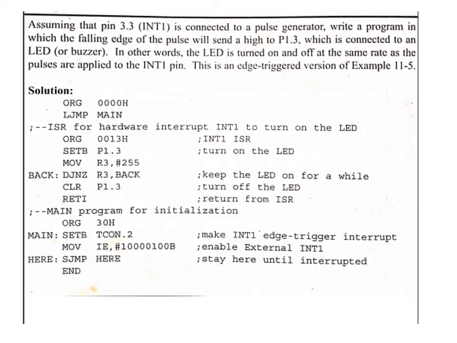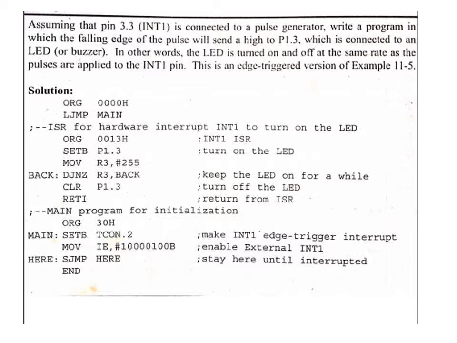So let us look into the program. The instructions are similar to the previous program. Let us see where it differs. Okay, ORG 0000H onwards the program is written, then we are bypassing the interrupt vector table, and here the main program gets executed. So in order to make INT1 edge triggered, we have to make the signal type bit of the TCON register 1, that is we have to make TCON bit 2 equal to 1, that is done using the instruction SETB TCON.2. So we know that the TCON register is bit addressable. We can change the individual bits also. Then I is loaded with a suitable value.